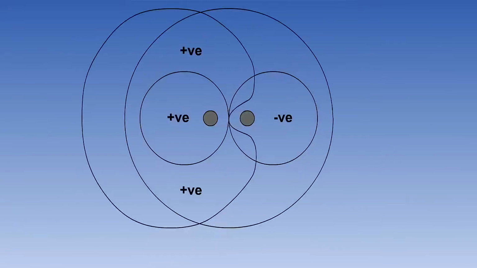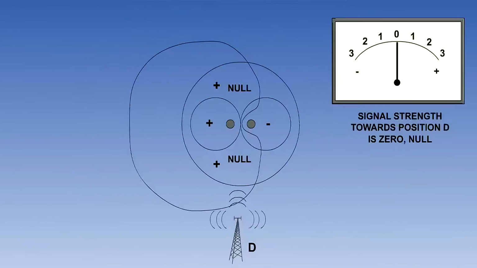loop antenna circles. It is arranged for the field from the sense antenna to be in phase with one of the elements of the loop antenna. Here, we see it is in phase with the left-hand element. The resultant polar diagram of signal strength is known as a cardioid, which means that it is heart-shaped.